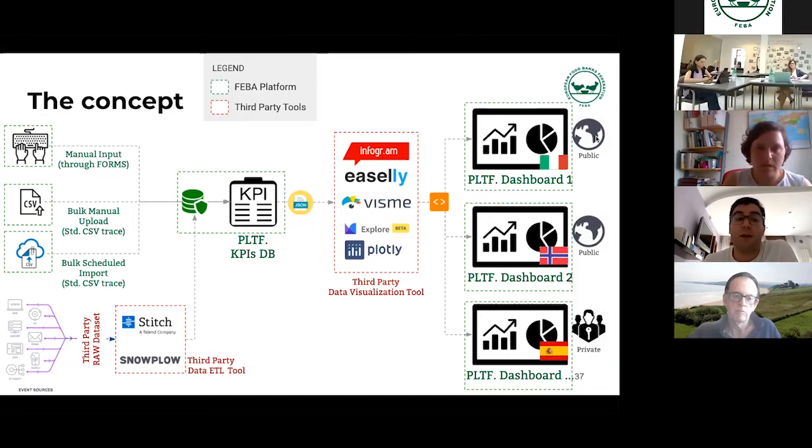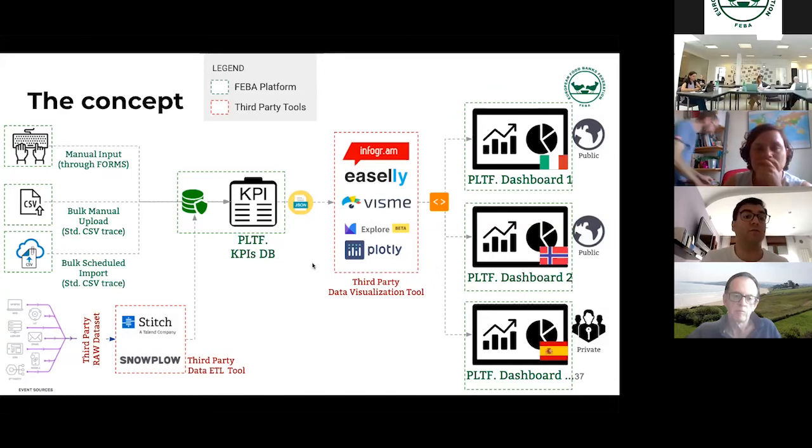Moreover, the dashboards will be global, meaning that we can display aggregate data from different countries, or local, meaning that we can display data only related to a specific country. So this means that local food banks, country food banks, will be capable of having their own dashboards. Once again, we are not sure that in the very first release of this project we will be capable of having all these features, but still this is the overall picture,